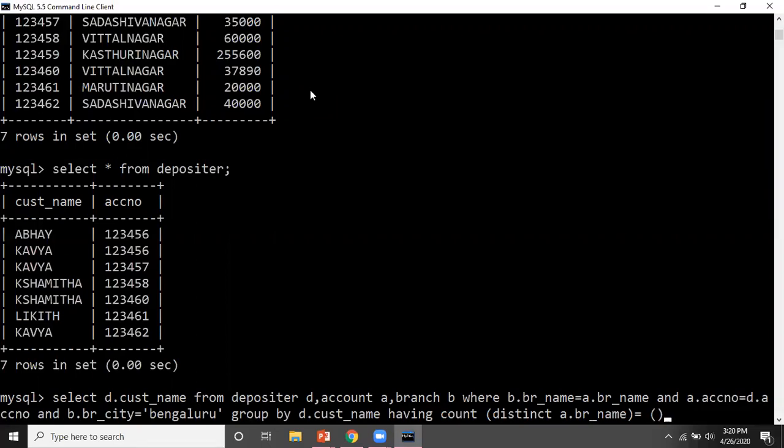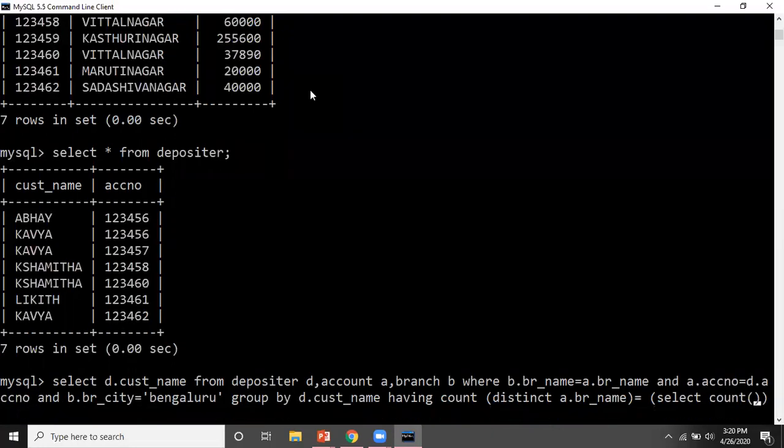Now here the correlated query will be select. Multiple rows can be there, that's why I'm using count star from which table? From the branch table. So from branch where br underscore city is equal to Bangalore.